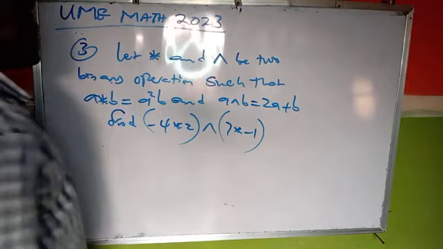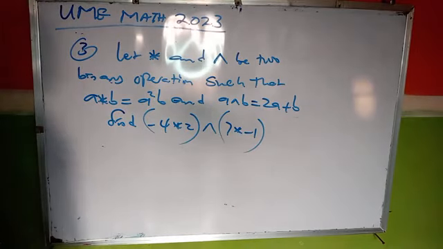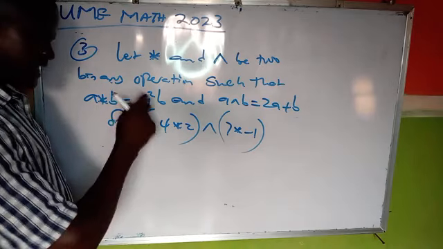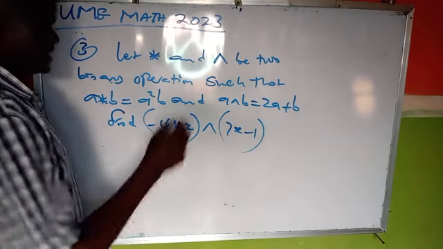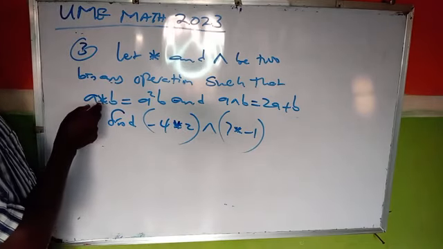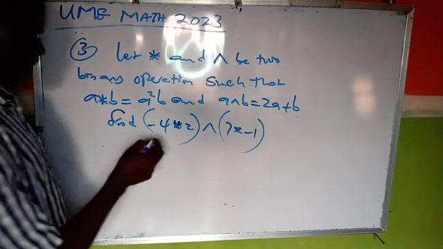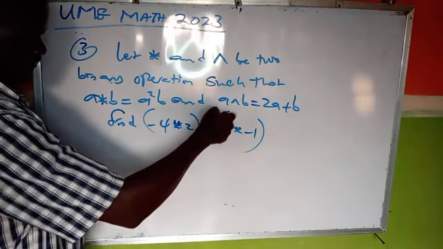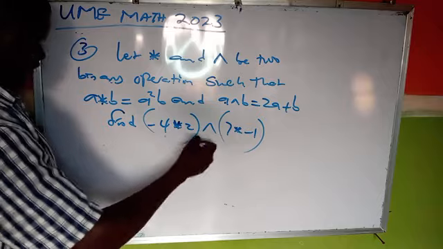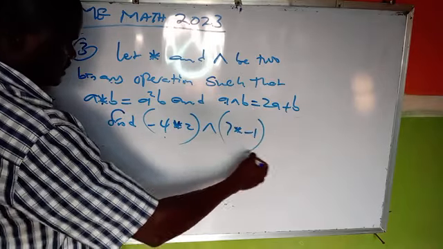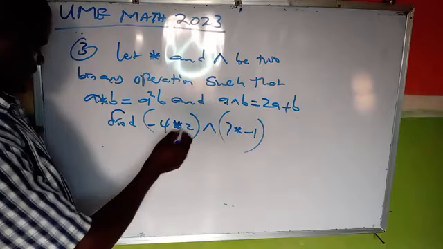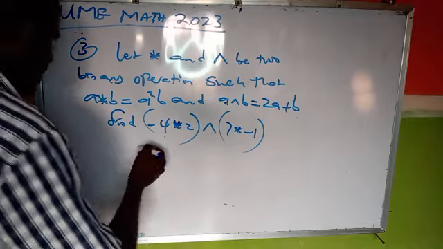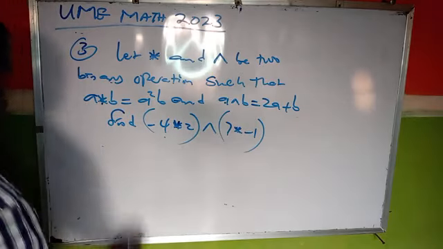You are given this operation is defined as this. So what are you going to do? Simple, very simple. Here, this will represent A. For the asterisk, this is asterisk. Where do you see asterisk? Is this. So you first of all apply this. This one will serve as another A for this because this is inverted V. This one will represent A, while this one will represent B. So what you are going to do first is that this will go for this, and the same one will go for this. So this A, for you to get A for this side, you will have here